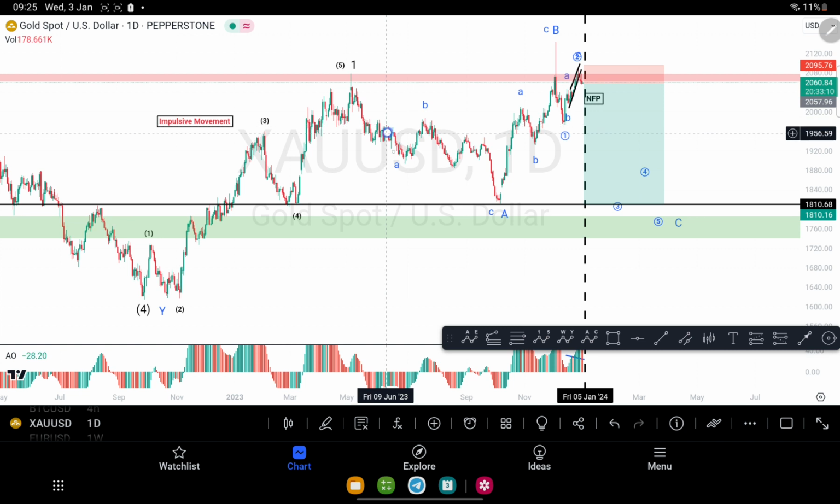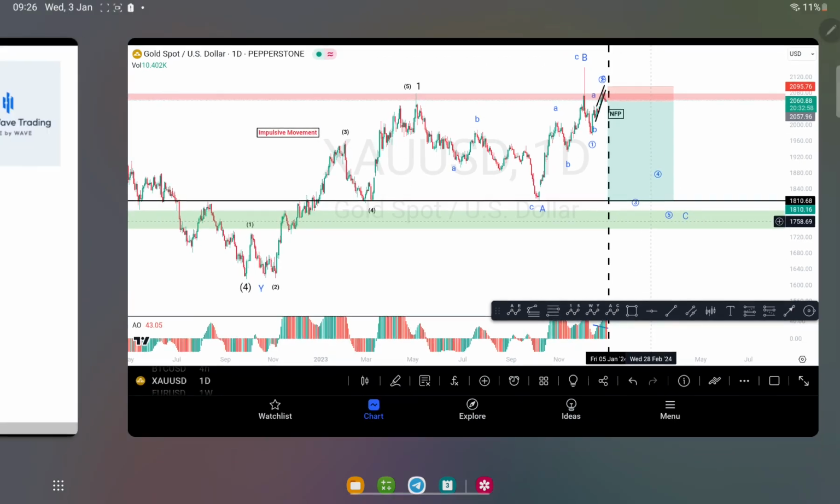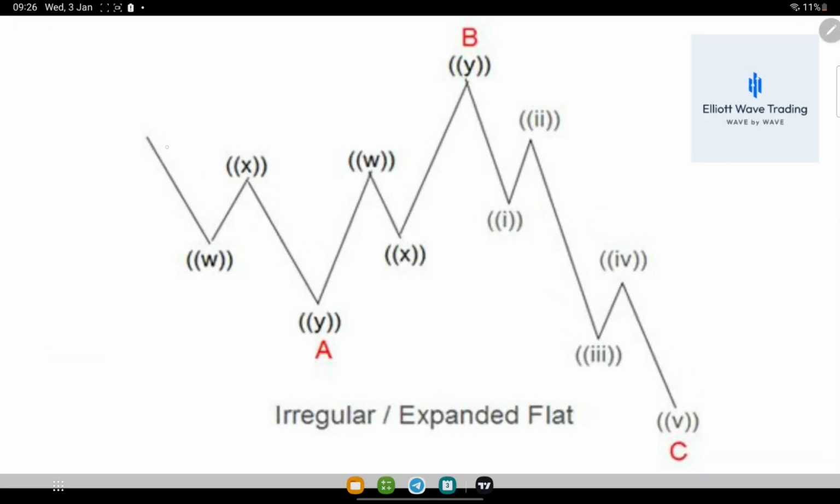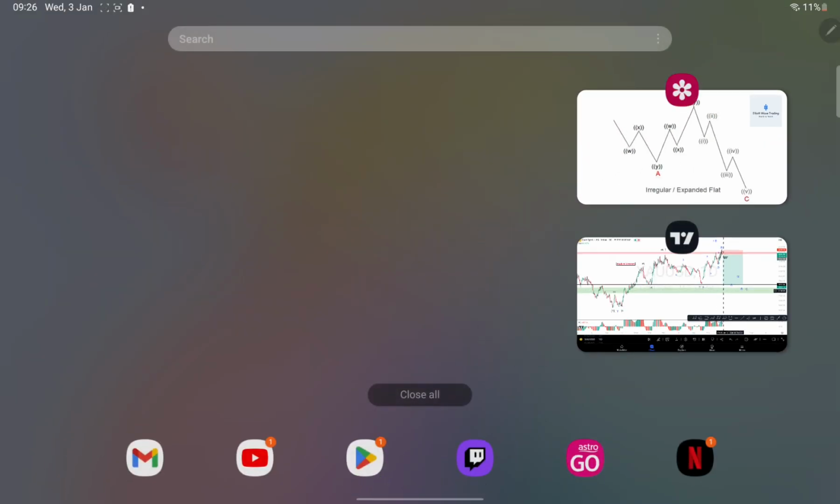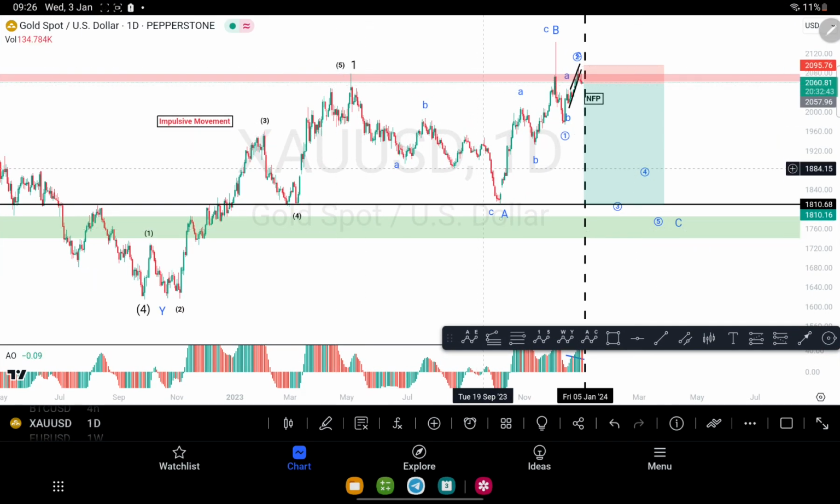We have already had our first three over here, which completes the A, and we already had our second three over here, which completes the B. Now what's left is our 5-wave down. Pretty much that, guys. If you were to see, it's the same thing. We had ABC or WXY, and we had another WXY, and what's left is 1, 2, 3, 4, 5. That's what I'm waiting for. We have done our ABC for A, we've done our ABC for B.